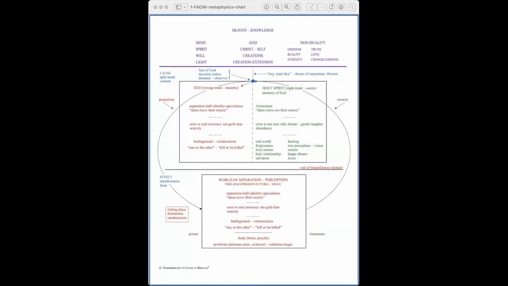So anyway, I'm just going to very briefly show Ken's chart. Can everybody see that? Okay. This is what I think of as his master chart, and there's really three sections there. There's all the stuff in purple, which is the pure non-dual stuff, the Heaven knowledge section, and then the middle section is the mind, and then below that is form or physicality.